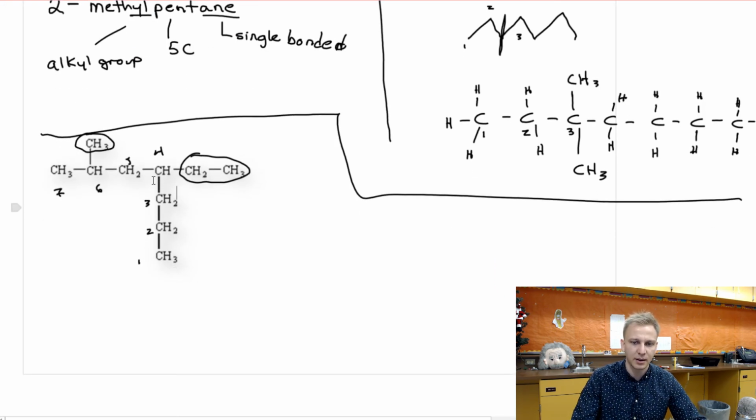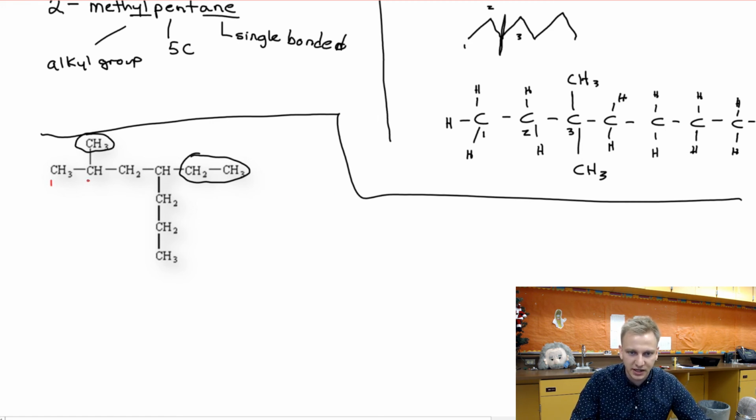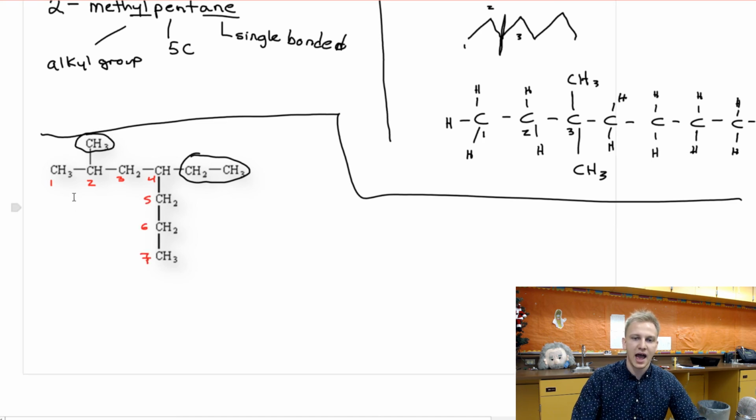And right now I have a number 4. So on carbon 4, we have this functional group coming off, and on carbon 6, I have this functional group coming off. I can do better than that. If I start numbering from here, I'm going to use red this time, we have 1, 2, 3, 4, 5, 6, 7. Now we have a functional group on carbon 2, and on carbon 4, we have a